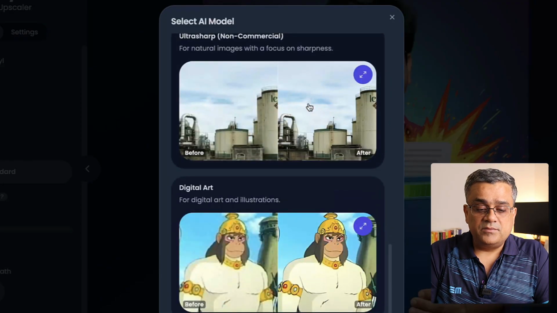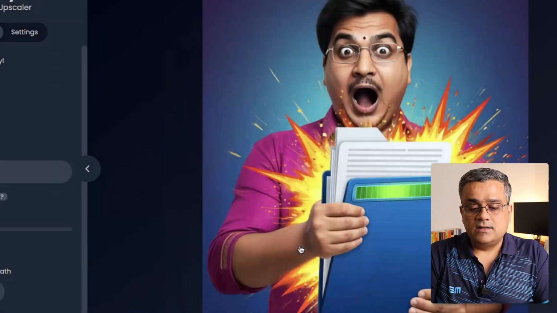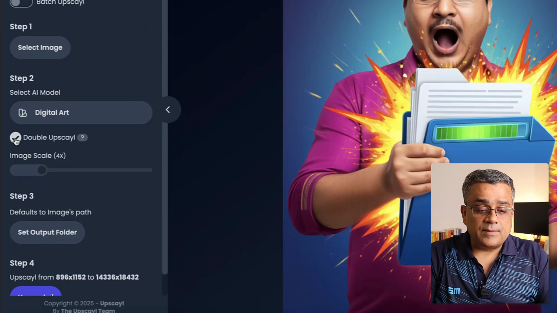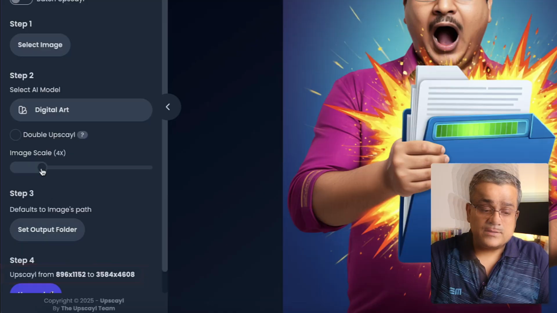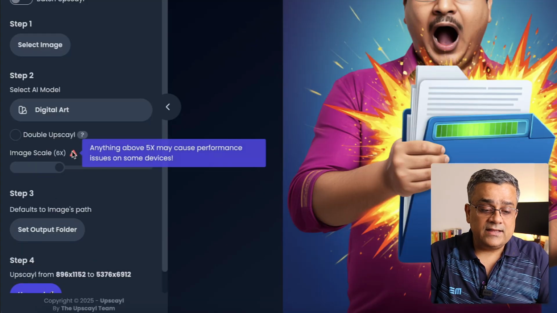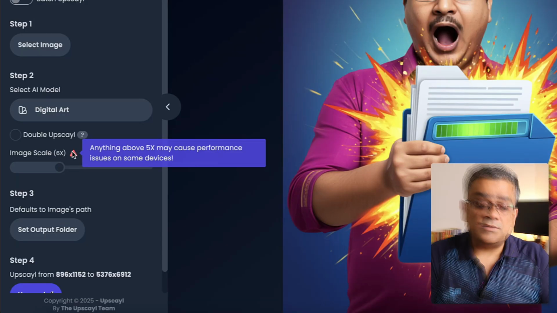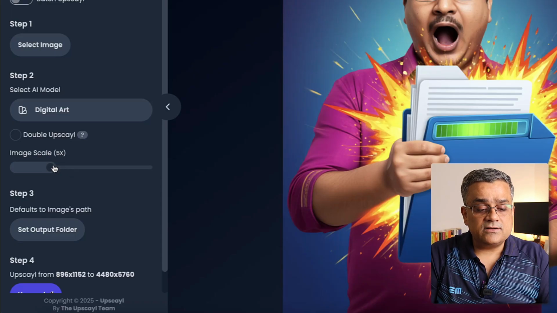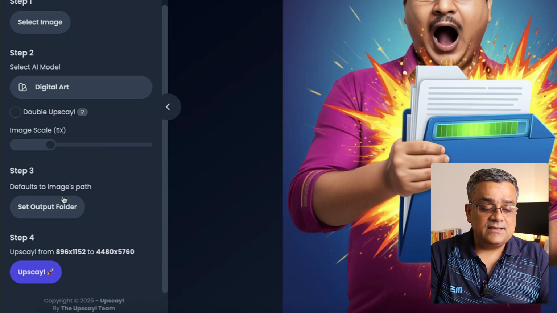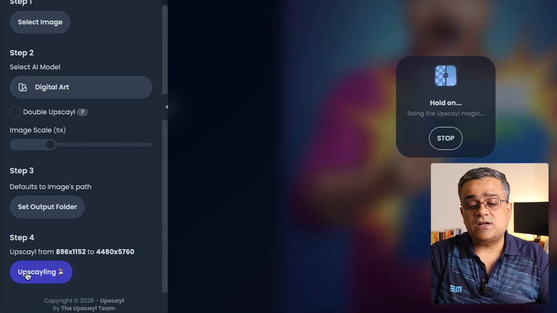So what I'll do, I'll maybe select the last one, digital art. And then one option is there, double upscale. You can just watch this image size here. Currently it's showing 3584 by 4608, right? If I click on double upscale, just look at this particular ratio. Currently it's showing 4x, I can go to 5x. If I go beyond that, it will show you it may cause some performance issues based on your computer strength. So let me select maybe 5x, and then if I click on upscale, it will start upscaling my